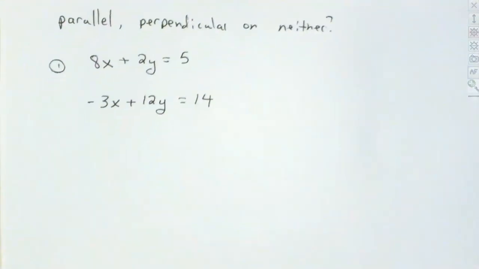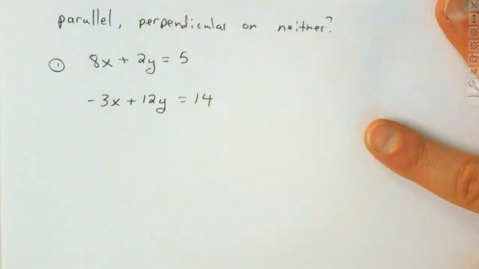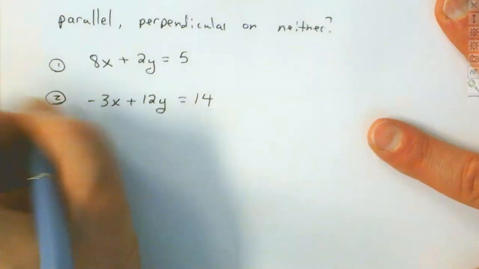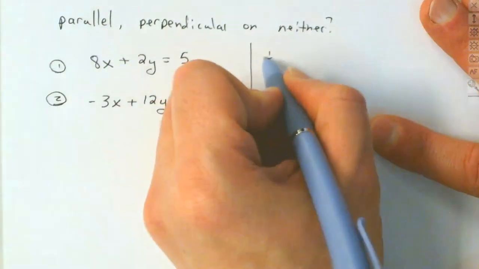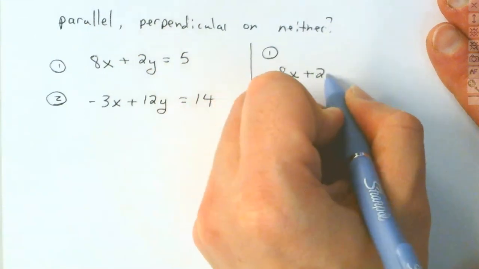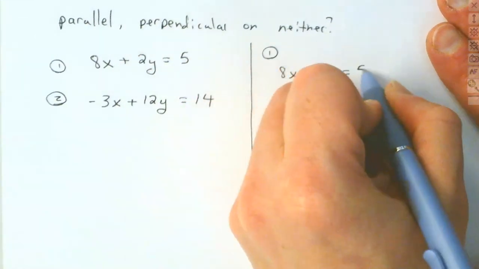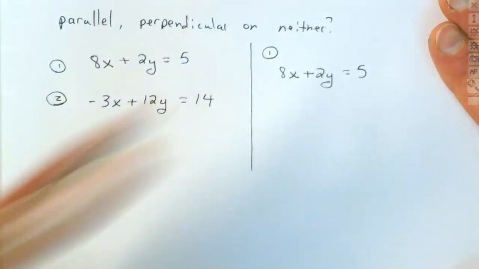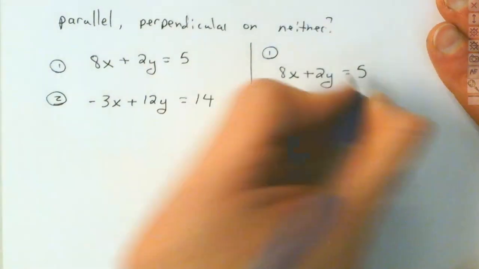And what do we always do? Solve it for y. That's what we do. In this section, we're not solving for x. We're going to be solving for y, because we use that to be able to graph lines, find our slope, and that's how we write our equations, is we solve it for y. So we take our first equation, which is 8x plus 2y equals 5, and we're going to solve this for y. So we move the 8x over,